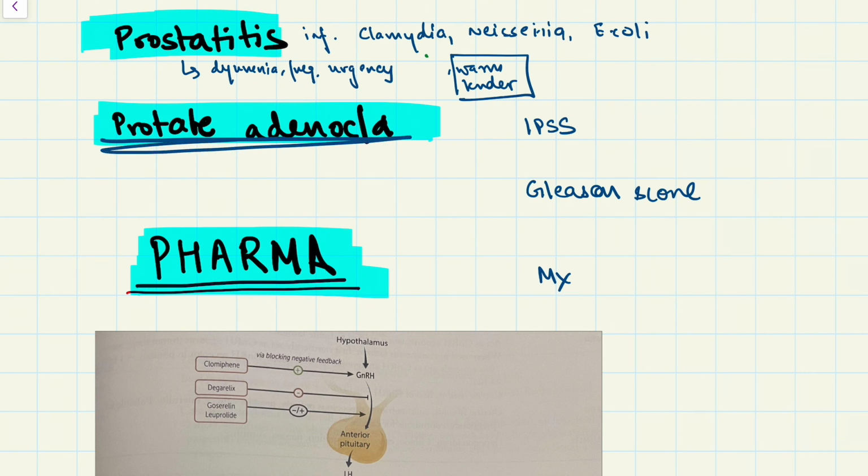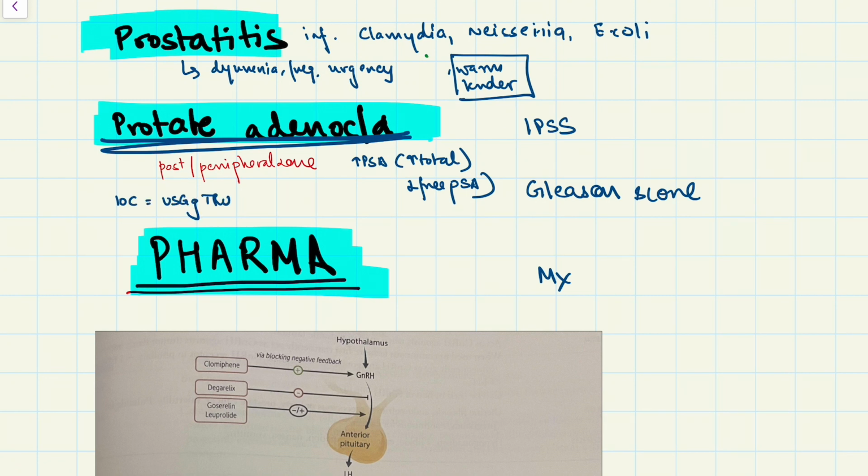The next topic is prostate adenocarcinoma. It involves the posterior lobe or the peripheral zone. It is associated with increased PSA, but a very important point to note is that there is an increase in total PSA, but a decrease in free PSA, as opposed to BPH, where there was an increase in free PSA as well, right? The investigation of choice is ultrasound guided TRUS biopsy, which is a 12-core biopsy,